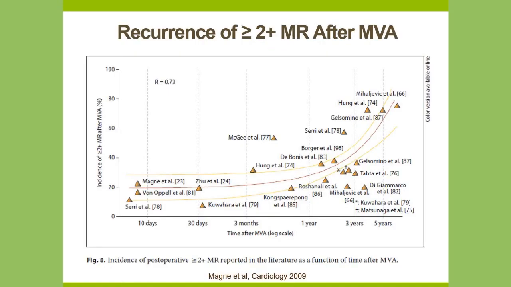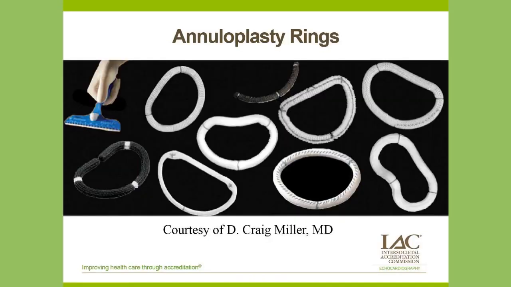Now, traditionally, the surgeons have shown this slide, and they've said, well, if you do a rigid ring annuloplasty, you have a low recurrence rate of MR out to 3 years, but if you use a flexible band or an incomplete band, you have a high recurrence rate. And this study was shown a lot. There are all kinds of rings that you can put on. This is the good guys and the bad guys.